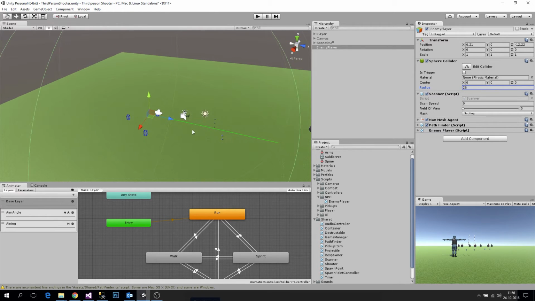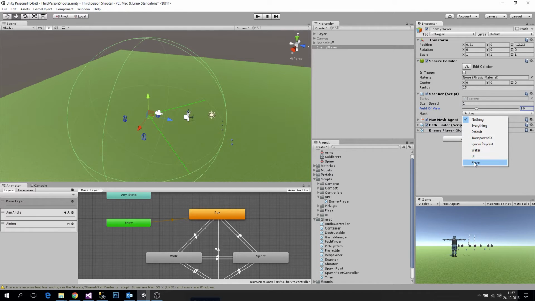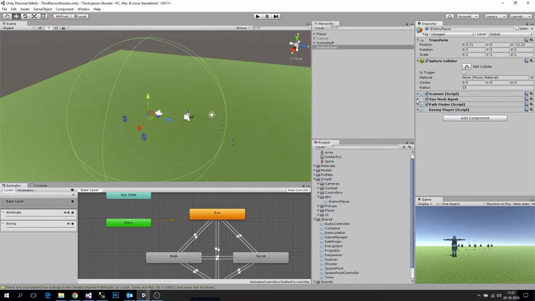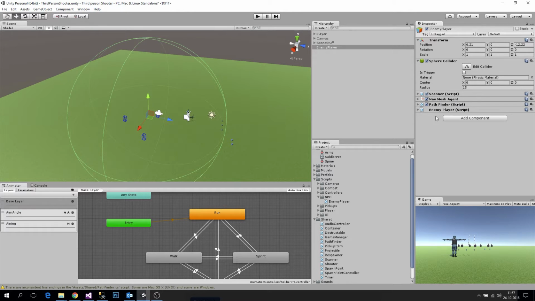So fairly big. But maybe let's reduce it a little bit for this video. Let's increase the scan speed to 1 second, 90 degrees, and don't forget to change the mask for everything, and then uncheck player. Okay, now we will fiddle around with the properties for the NavMesh agent later on,